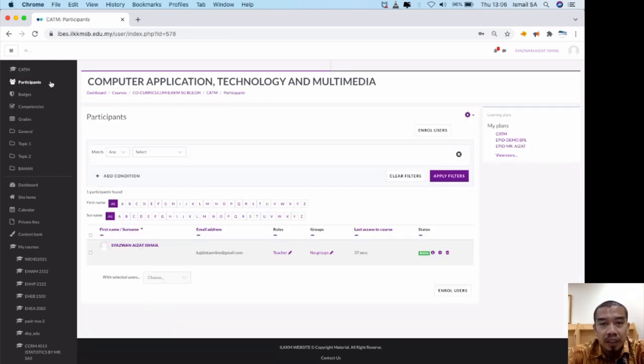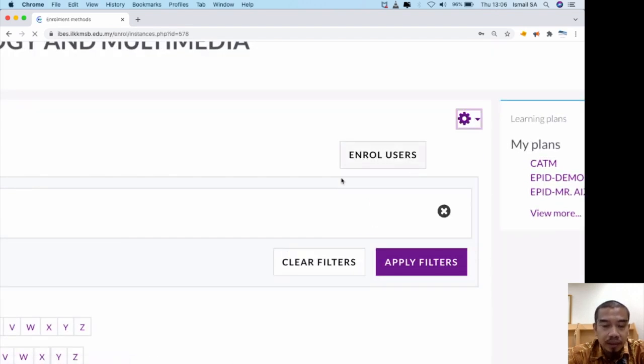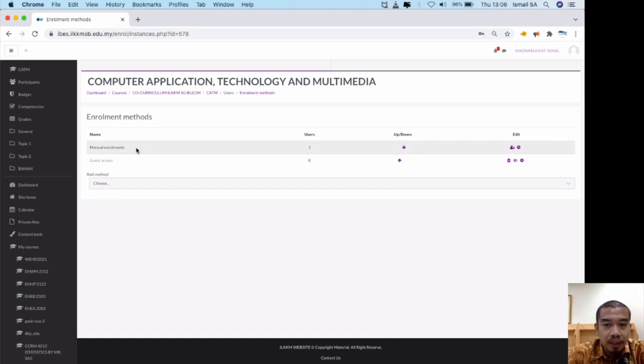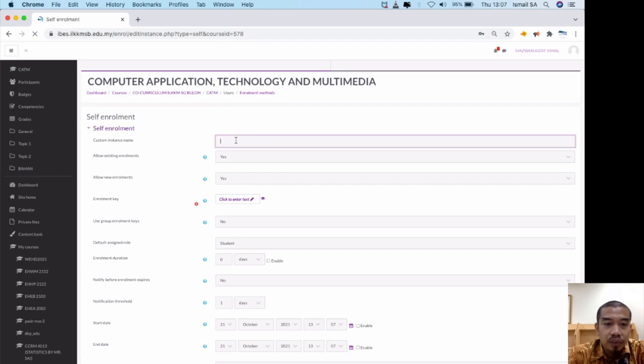You have to allocate and design your group according to the needs of your specific course. So the next step is basically you go to this icon and then proceed with the enrollment methods. So you can see there are a few enrollment methods, and perhaps manual enrollment and guest are only available, but you do not have the self-enrollment. It's okay because you can select from the add method over here. You can proceed with the self-enrollment, and they will give you the custom instance name with regard to this item. So you can just specify as follows: program, please insert your